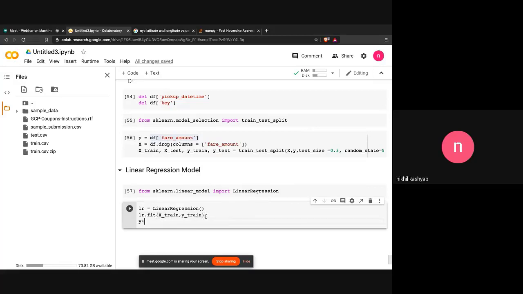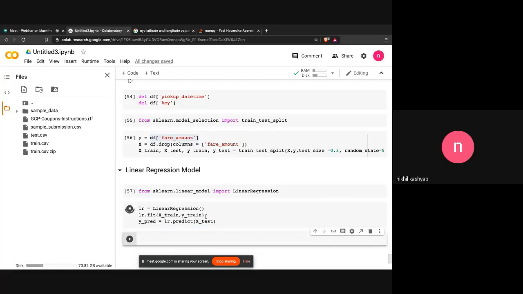The next thing is, after training, we need to predict. So I'll assign y pred equals lr dot predict x test. All right, so we have all the predictions here. We could sit and go through everything, checking whether each prediction made was right or wrong, but to give you a metric of how it has performed,